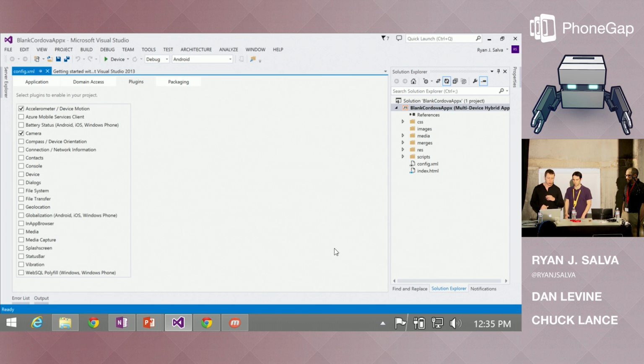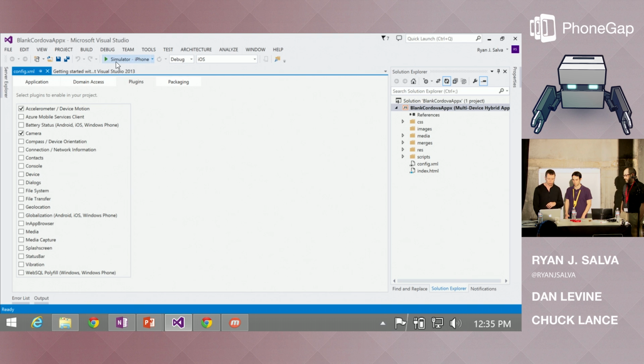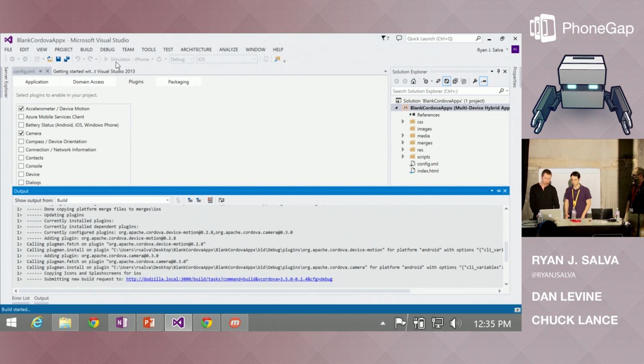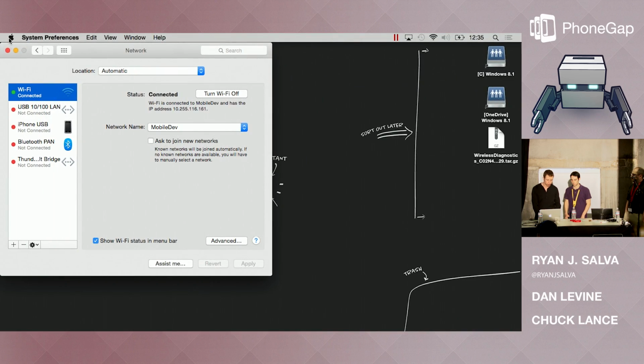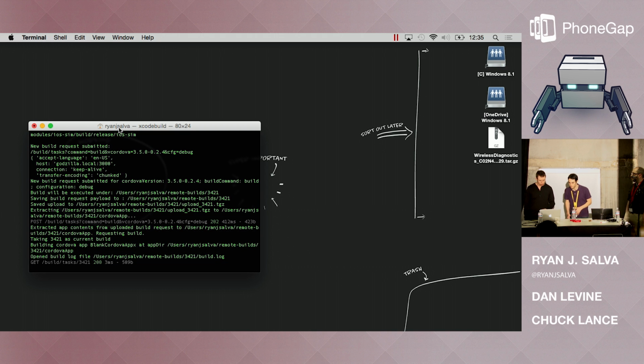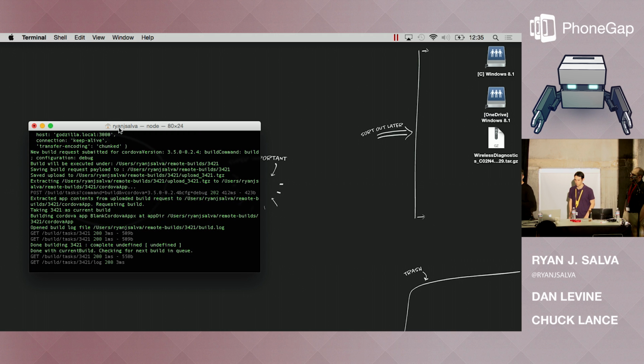Now VSMDA Remote should be listening, and we're going to build over to it. So for that, I'm going to change the platform that I'm building for. I'm going to change it to say that I want to build for iOS, and I want to build over to a simulator. Start that guy up. We're doing the exact same build that we did before. Should be queuing it up. Yep. It's getting the package right now. And in just a moment, you'll see the simulator come up.